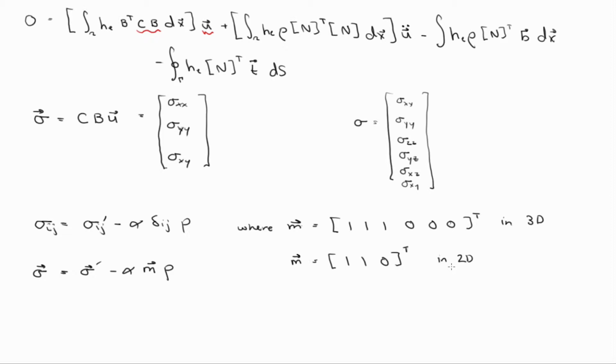So this is the vector version of the identity matrix, or it's consistent with the Kronecker delta in the role it plays, in that we only want the pressure to apply to the isotropic components of the stress. So we only want the pressure to act on these terms. So it plays the same role. So now we want to develop a finite